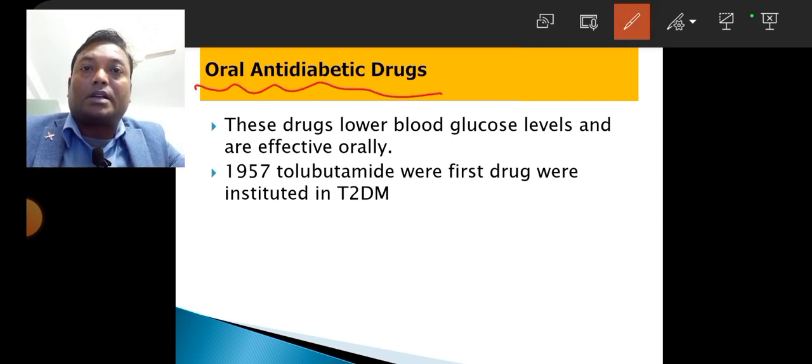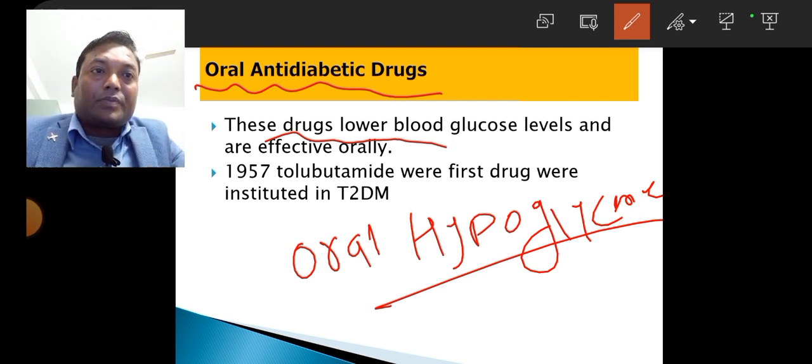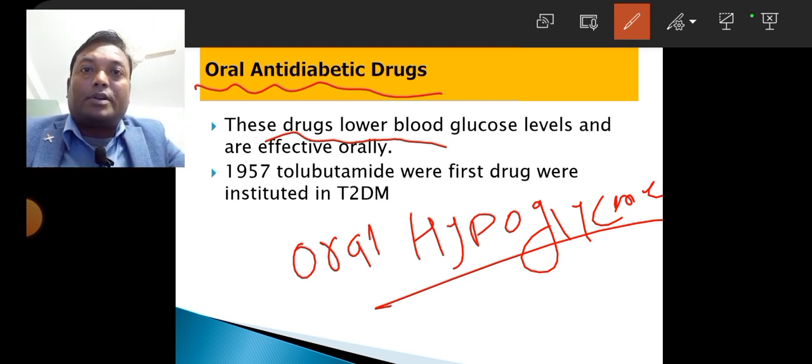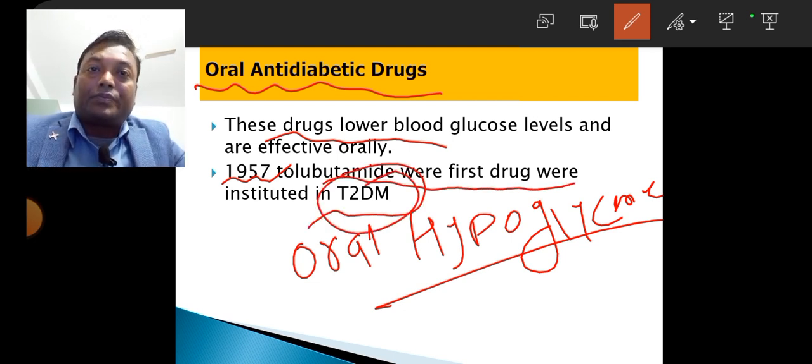Oral anti-diabetes drugs are basically given orally, and mainly in type 2 diabetes mellitus. These drugs lower blood glucose levels and are effective orally only. That's why they are called oral anti-diabetic drugs, or oral hypoglycemic drugs, because they are given orally and reduce the blood glucose concentration. In 1957, tolbutamide was first instituted orally in type 2 diabetes mellitus,